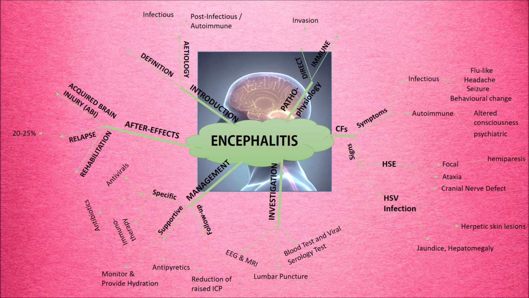from the meningitis. And next, as usual, since encephalitis is an infection process, we can do the basic blood test, which involves a full blood count to look for leukocytosis, lymphocytosis, and then we can do the viral serology test, which can be, for example, PCR, polymerase chain reaction test. And then imaging also plays a role in encephalitis, where we can look for any focal change in the frontal or temporal lobe. Okay, let's discuss how we manage the encephalitis patient.